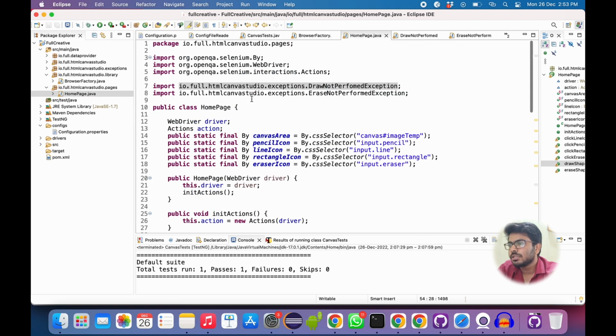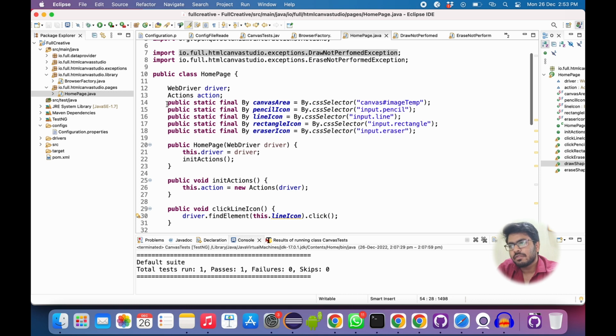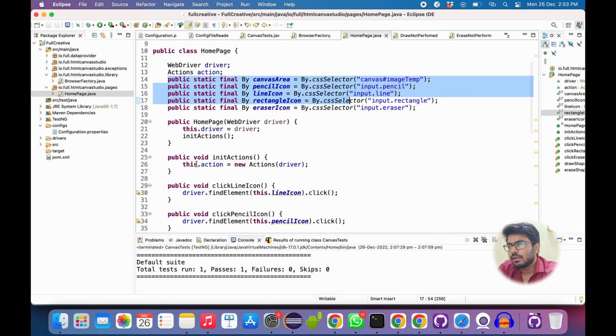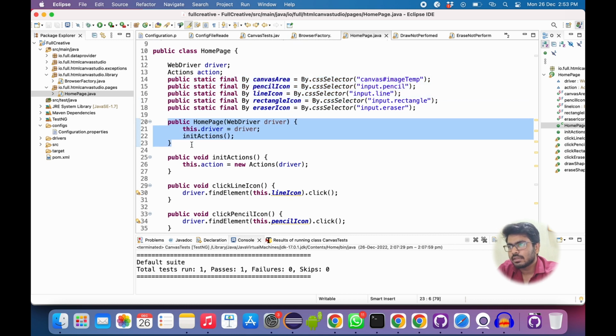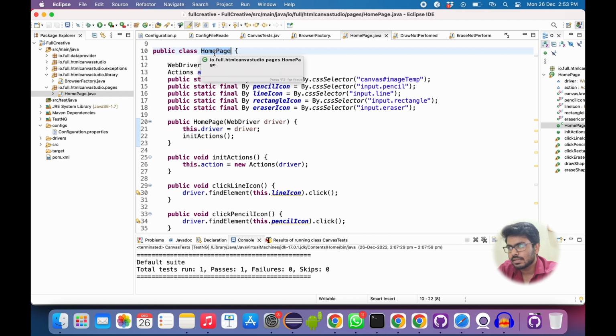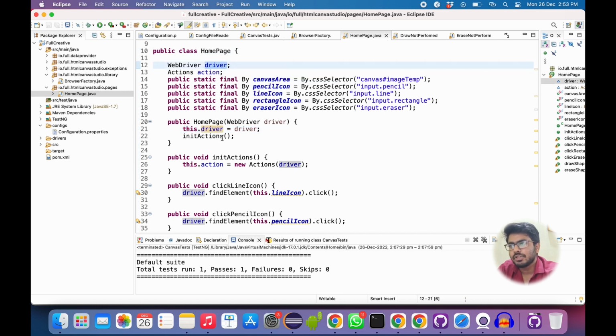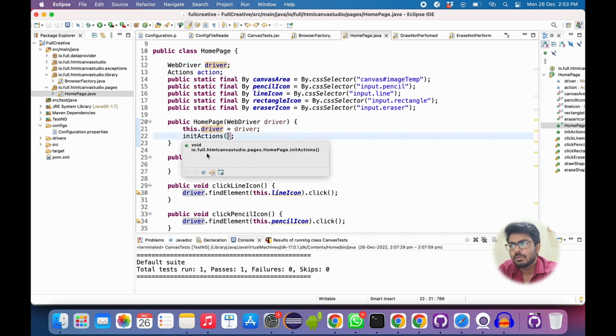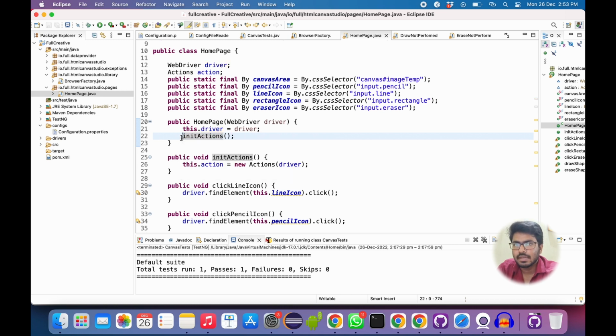Inside the home page, we have the static, final, publicly accessible CSS selectors, and a constructor that will be initiated when I'm initiating this class in the browser factory class. I'm assigning the current driver to the driver declared in this class, and I'm initiating the actions,